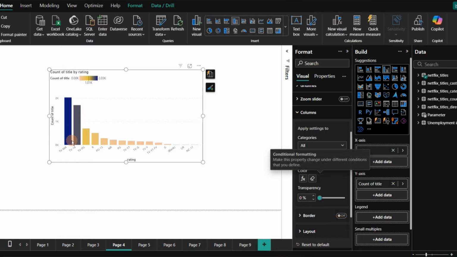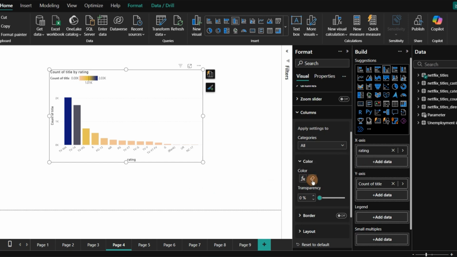Now as you can see here, I have my value. My darker blue is coming here. A mix of yellow and blue is seen below that, and then yellow color for medium values, and then lighter orange shade for least values. So my conditional formatting is done from here.